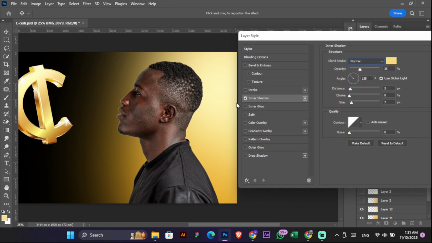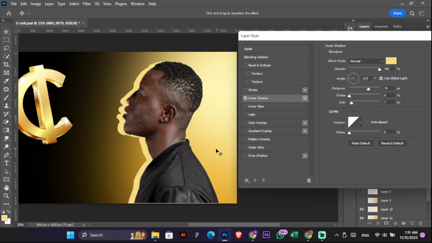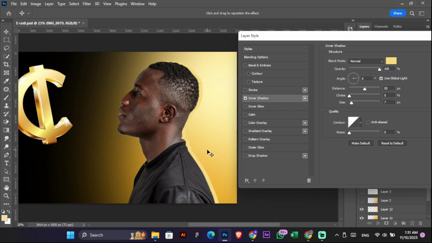Right now we are not seeing any changes, and that is because we actually haven't done any movements around here. So usually what I do is I'm just going to click outside of the box and then drag it like this, so you start to see the highlights on the side. I'm just going to increase the opacity to 100, and you start to see it very well, just like this. So I'm going to drag it just like this,